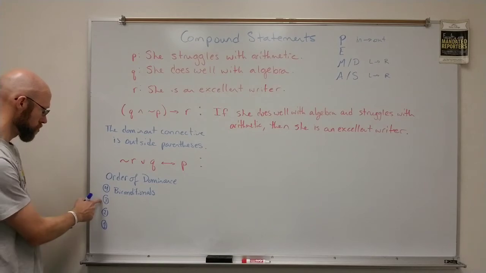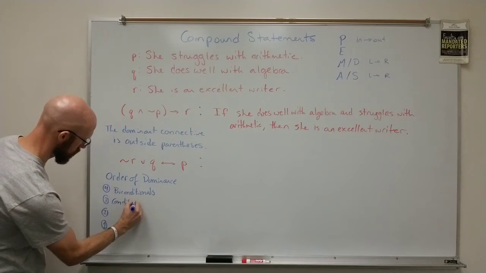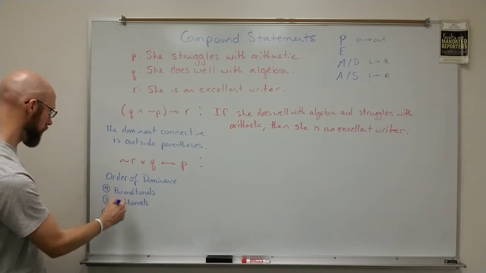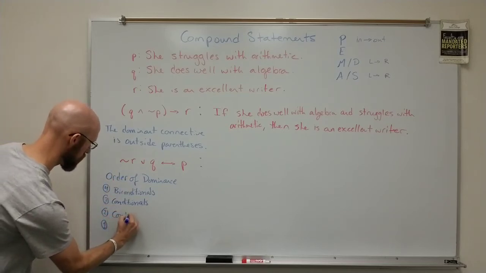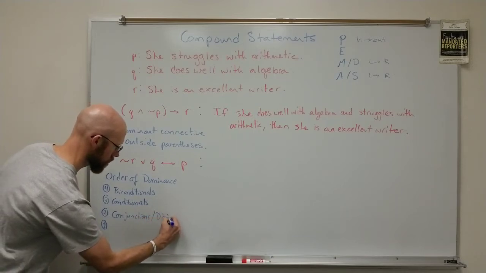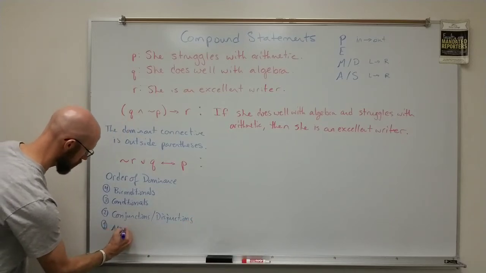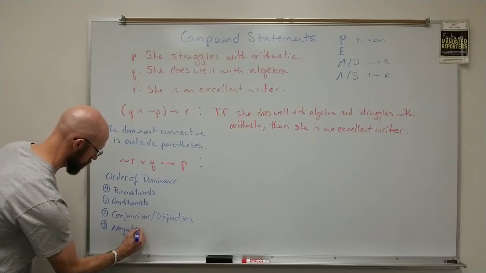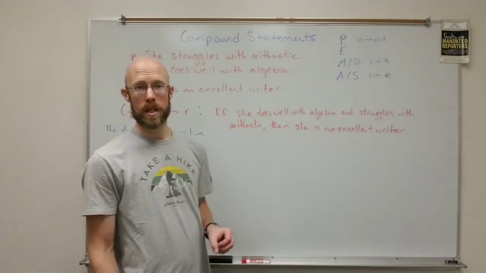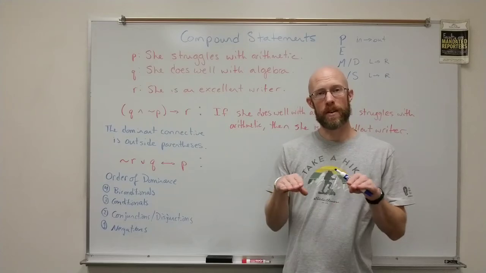Next, we assume that conditionals are the next most dominant, followed by conjunctions and disjunctions, and following that by negations. Okay. What's interesting here is that with conjunctions and disjunctions, because they kind of fit at the same level,